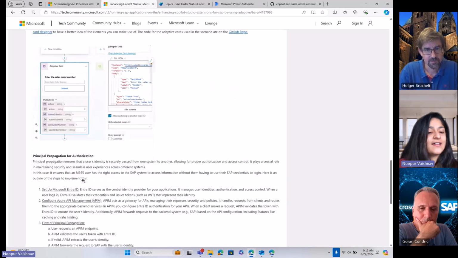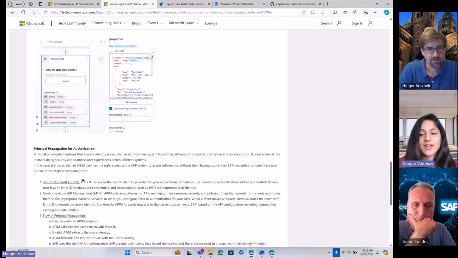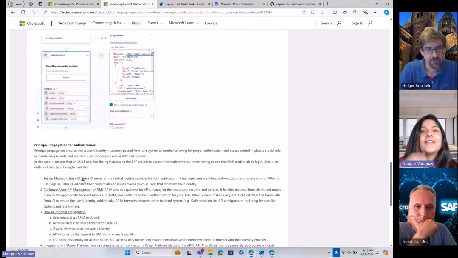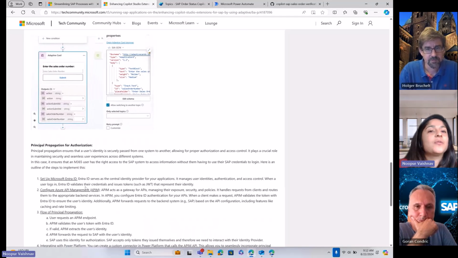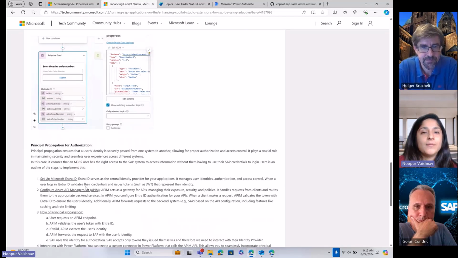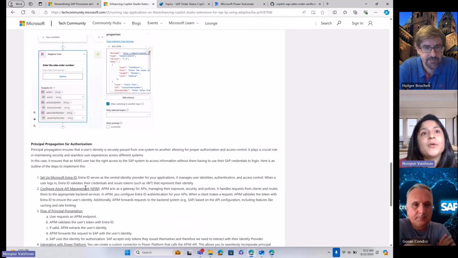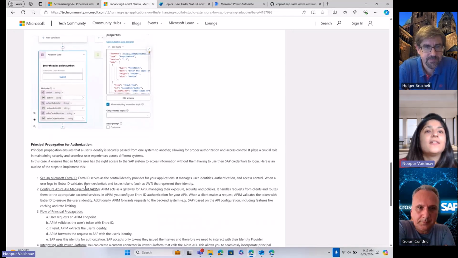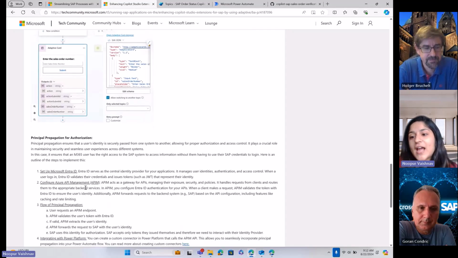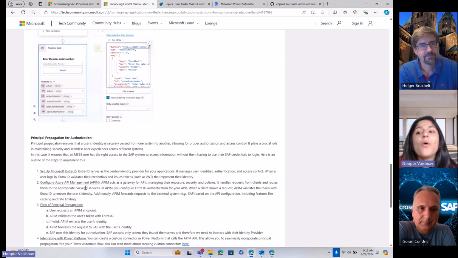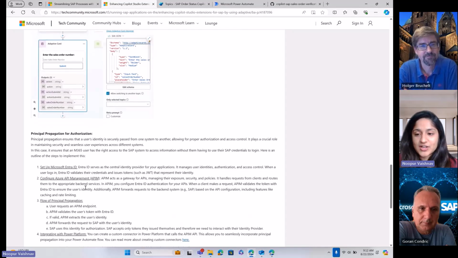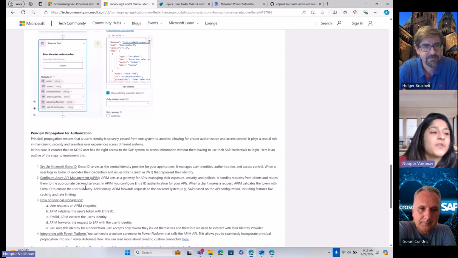And then lastly, there's also principal propagation. So basically, let's say you're a Microsoft Teams user that has this Copilot downloaded onto your Teams platform. But every time you want to talk to the system, you have to keep entering your SAP user credentials. And that would take more time. You may as well just think, oh, I could just go onto my SAP system and log in and check the information. But because of principal propagation, and now there is the OData SSO connector, which makes it even easier,